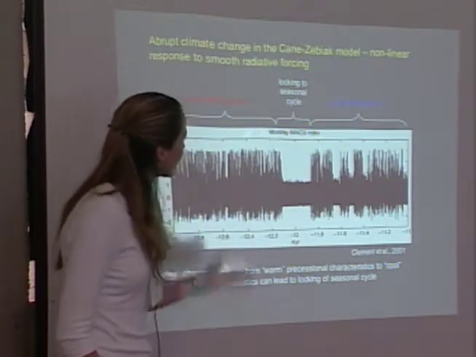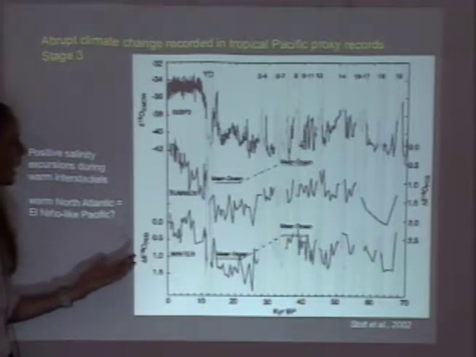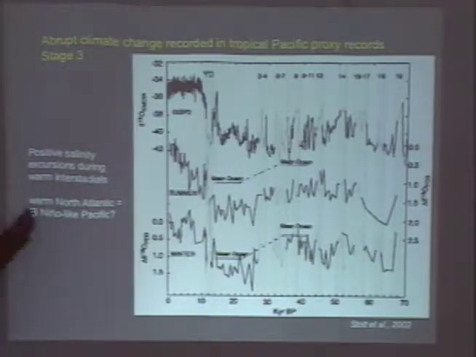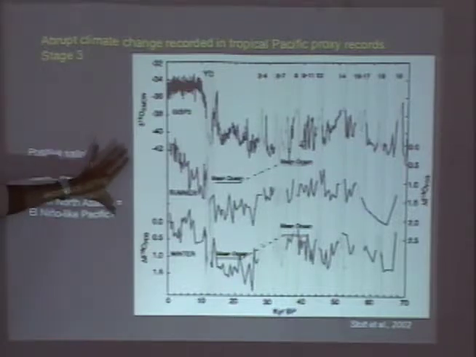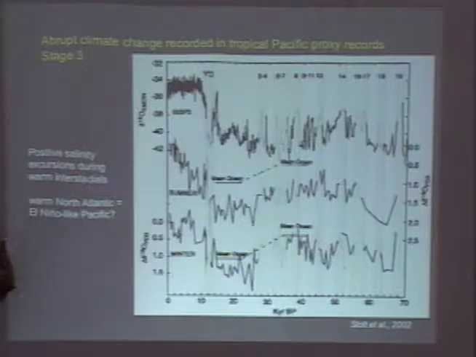Okay, so let's move on and look at what the paleo record can bring to bear on this. It doesn't exactly comment on the Kane-Zebiak results, which are highly idealized. This graph is only intended to show you that we recently have some records that confirm that the tropical Pacific, I'm not saying El Niño per se, but the tropical Pacific, has played a role in abrupt climate changes, probably all of them, of the past. So that's one of the other take-home messages from this talk.